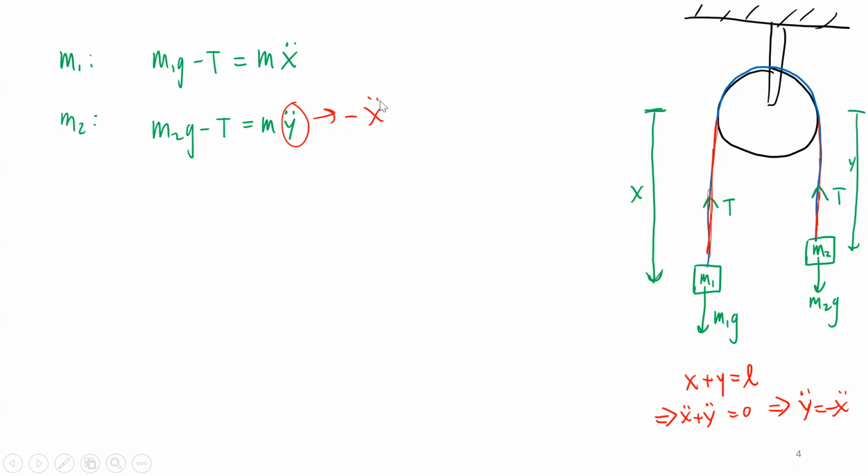So that's good, but now I want to ask a slightly different question. Actually, let me just work it out. I want to find the tension. So if I want to find the tension, what do I do? I just add the two equations together. If I do that, I would have this m1 g plus m2